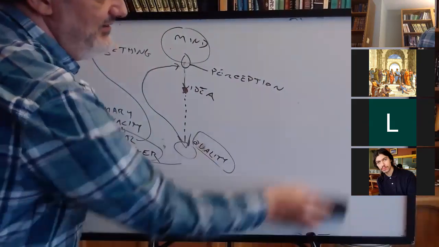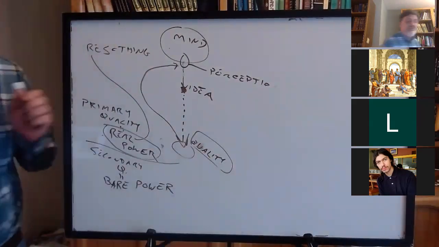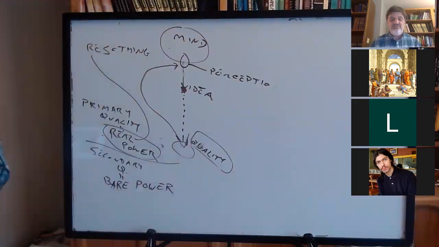That's like the medieval nominalists, the way they wanted to restrict real powers. So from Locke's point of view, I'm about to talk about an example from Locke's point of view. But before I talk about the example from Locke's point of view, I want to mention one other thing,